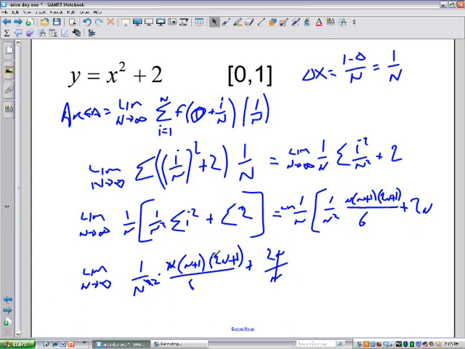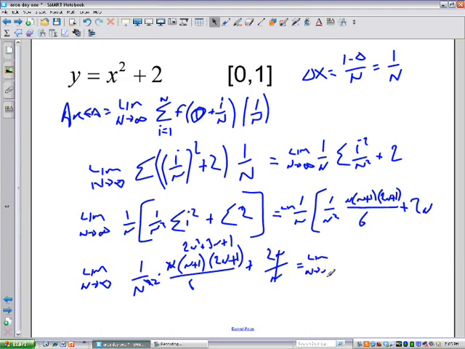Here's one of those things that every single time it's the same thing. Every time we multiply n plus 1 by 2n plus 1, it turns out to be 2n squared plus 3n plus 1. Every time. If you have that in your brain, you don't have to go through first, outside, inside, last every time, it's that. Okay? All right, so what we end up with as we move along here,